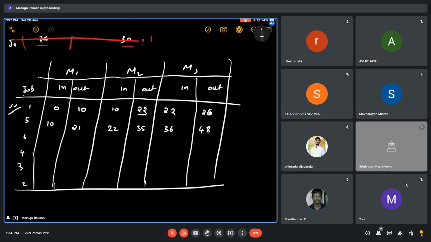As I said, we have to see these values, and whichever is higher, we have to keep here. Similarly, 26. So this is 36, sorry. We have to see this 35, 36, 36 here. So we are keeping 36 here. Similarly, the next will be the